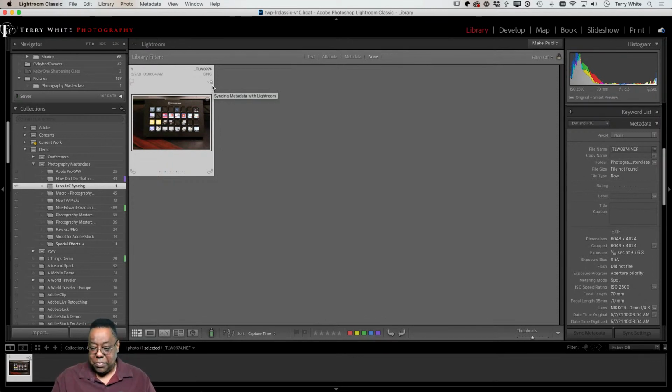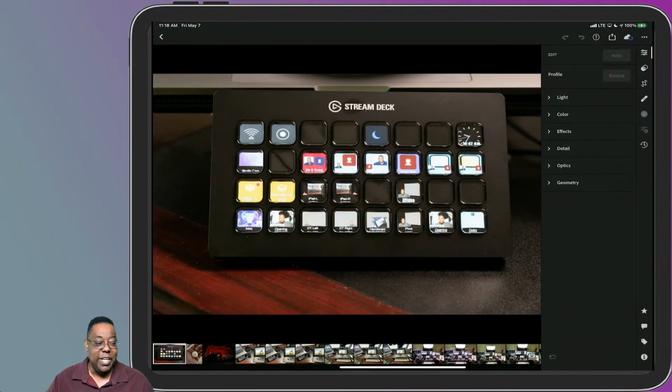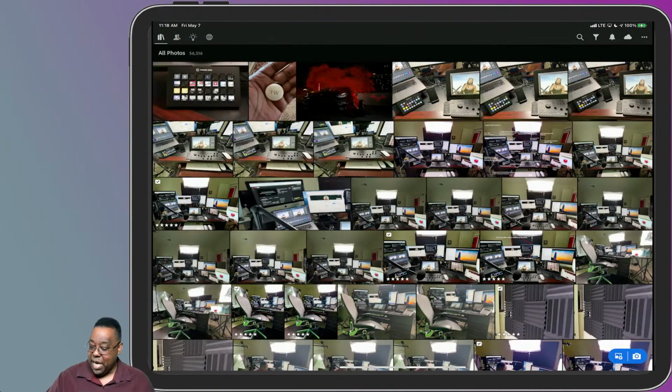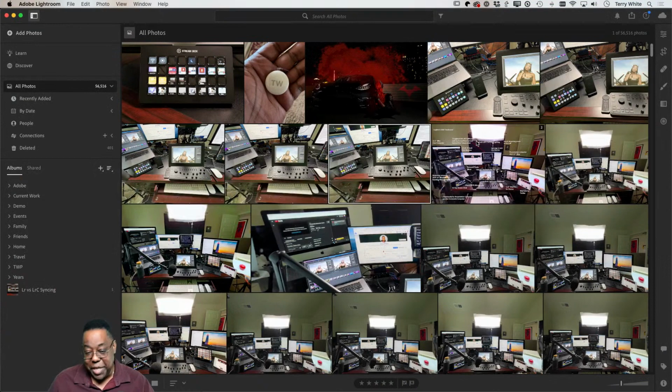Number one, by turning on that collection and telling it to sync, anything I put in this collection going forward will get synced up to the cloud. So that means it will be on my phone when I go to Lightroom on my phone. It'll be on my iPad. If I pop over to my iPad, I just noticed it happen over there. There it is on my iPad, right there. That photo of the Stream Deck we just took. There it is. It's on my iPad now because I synced it to the cloud. If I go back to the desktop and I now go over to Lightroom, the other version, there it is because it's been synced to the cloud.